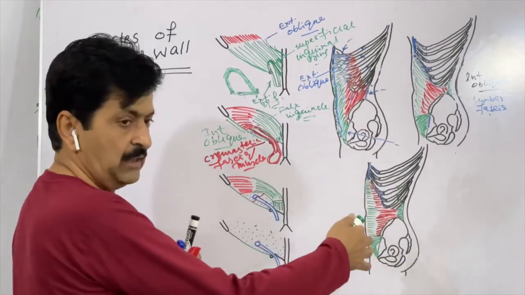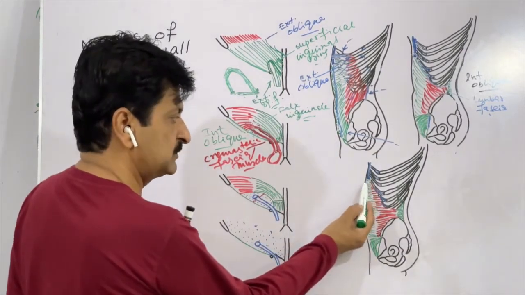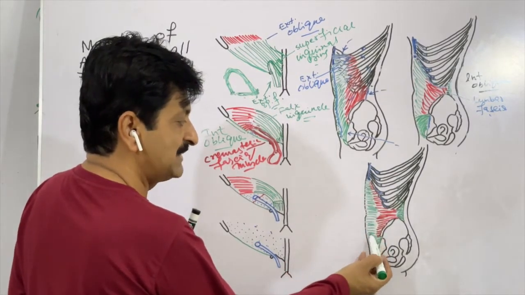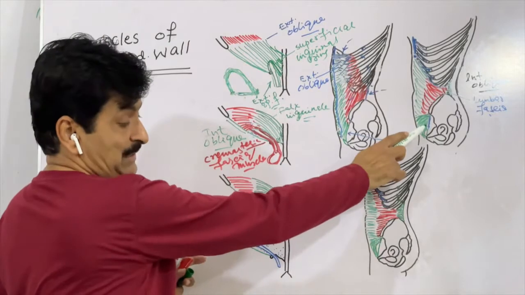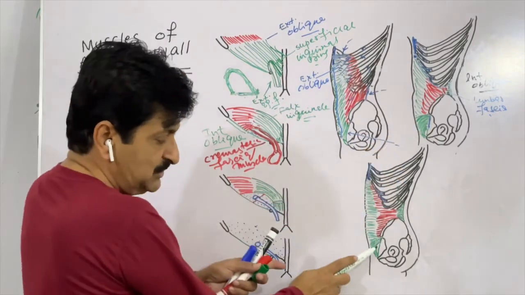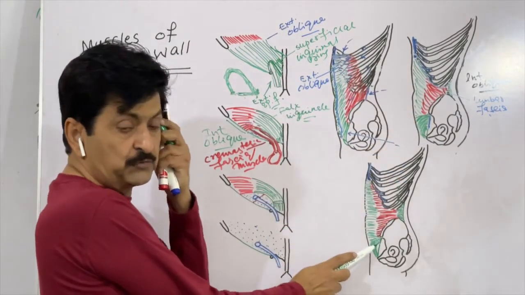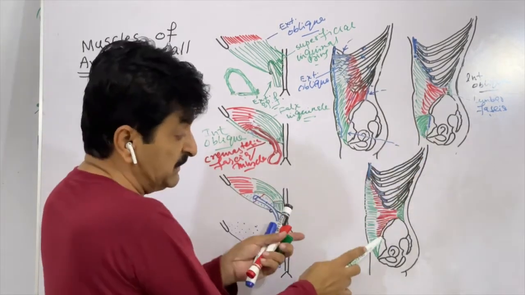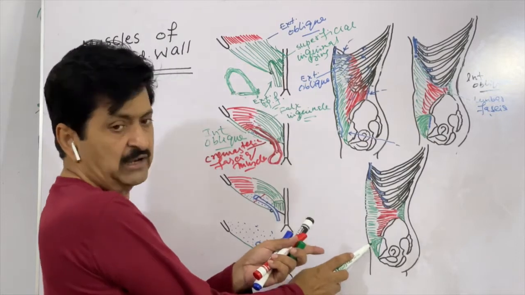And from here, it will have a transverse course until it reaches the linea alba. But like the internal oblique, in the transverse abdominis, those fibers which took origin from the inguinal ligament, in the internal oblique from the lateral 2/3 of the inguinal ligament, but in the transverse abdominis muscle from the lateral 1/3 of the inguinal ligament,